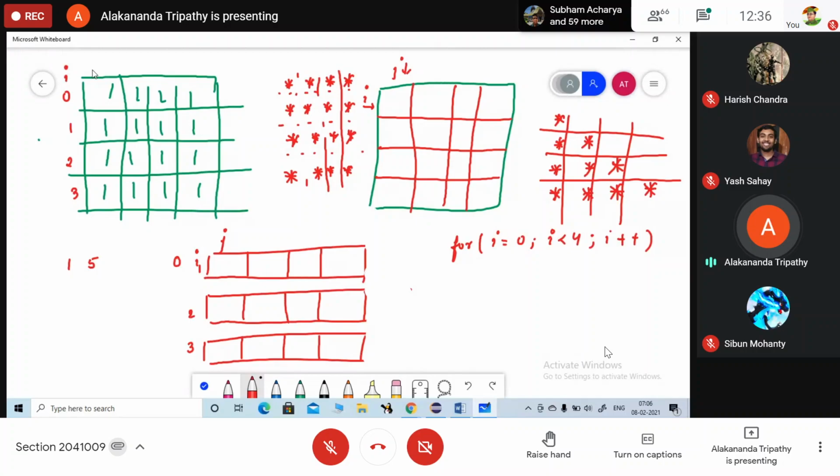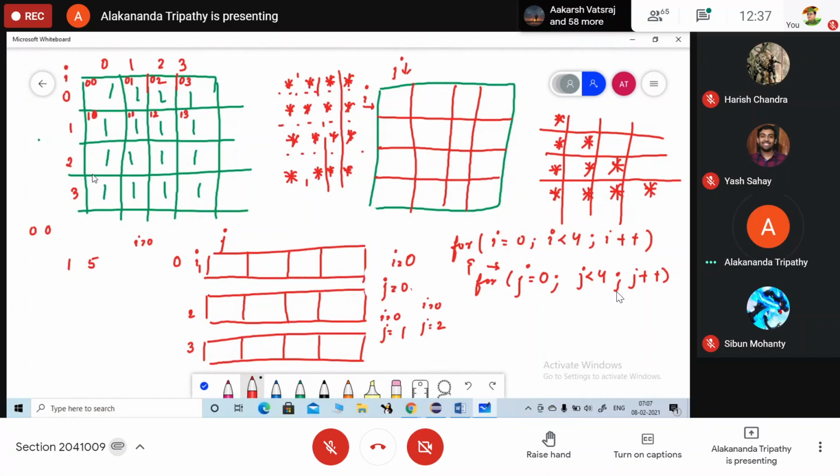Next, when my I is 1, means row 1, column 0. Row 1, column 1. Row 1, column 2. Row 1, column 3. Okay. Similarly here, row 2, column 0, row 2, column 1, row 2, column 2, row 2, column 3.